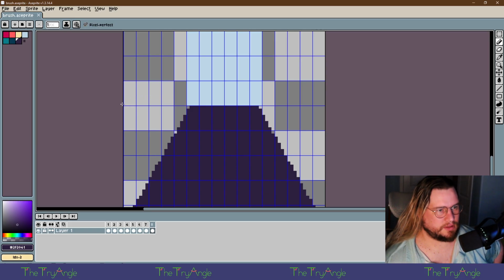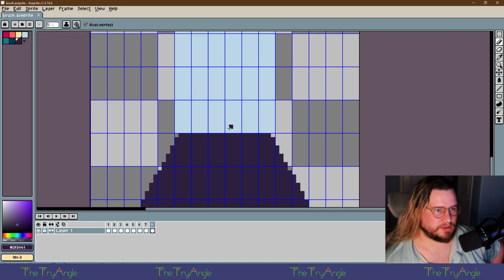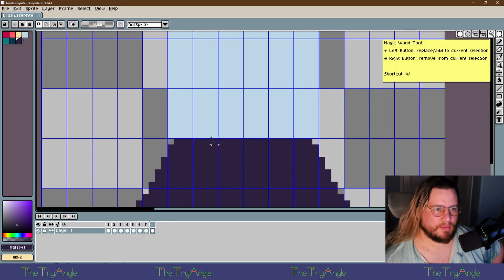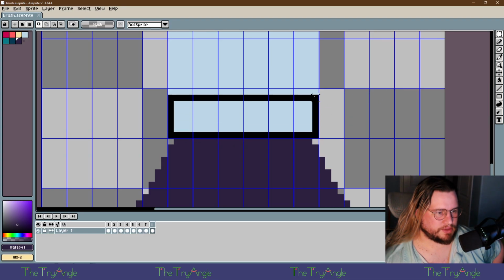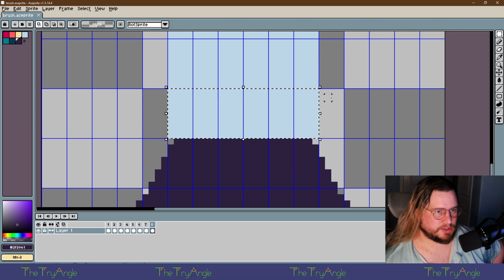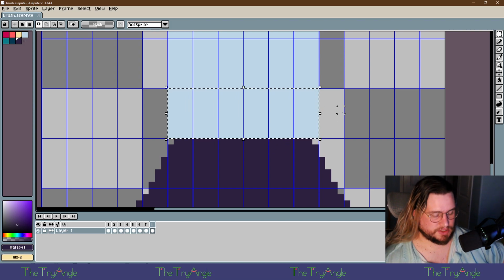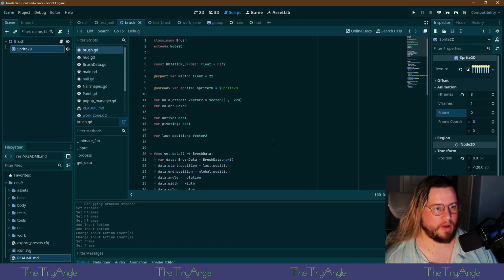Where is this being counted? Oh, no, it's way over here. What the hell was that? Oh, it was the grid I was on. Oh, okay. We're 64 pixels wide. Yeah, I was like, what the hell? What happened if I capture this? That's 24 pixels. Okay, so 22 is like actually the most realistic number. 22 to 64.